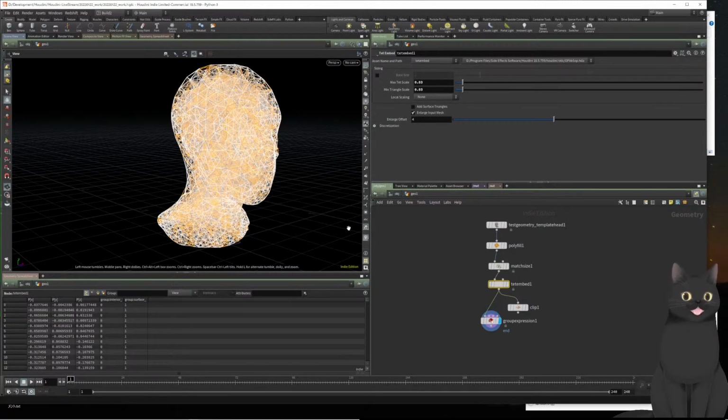Let's use the shortest path. And what's more important later on will be the density of the tetrahedra. Next, let's